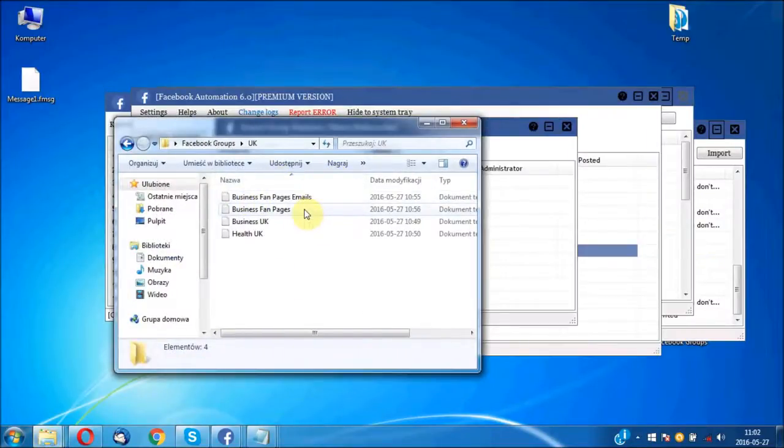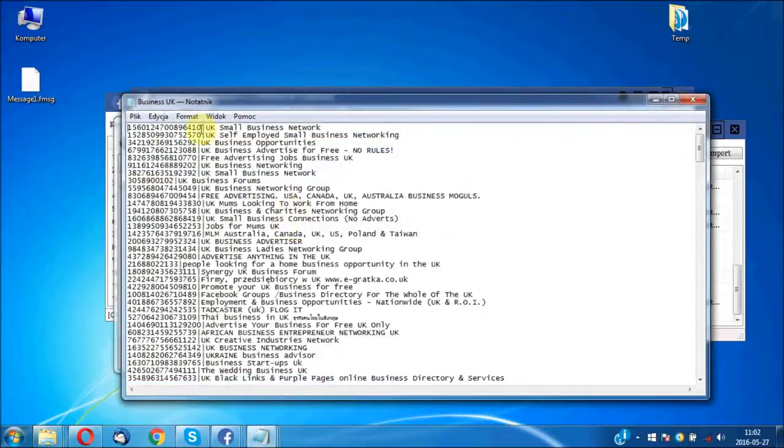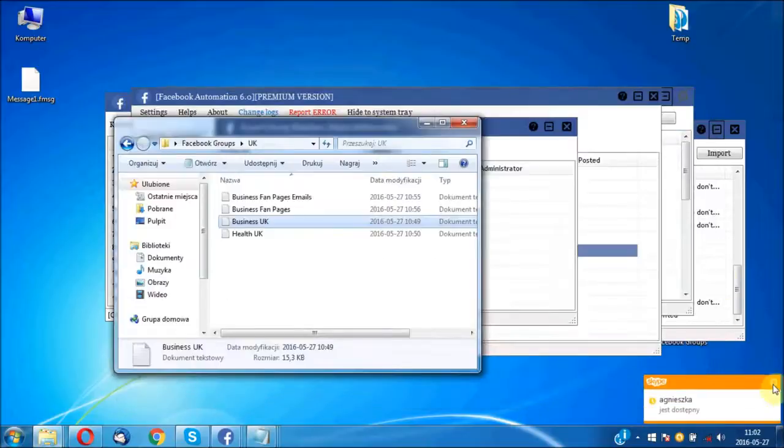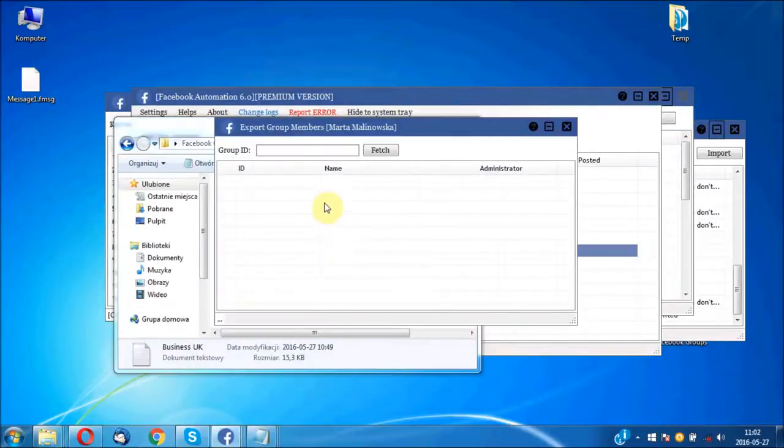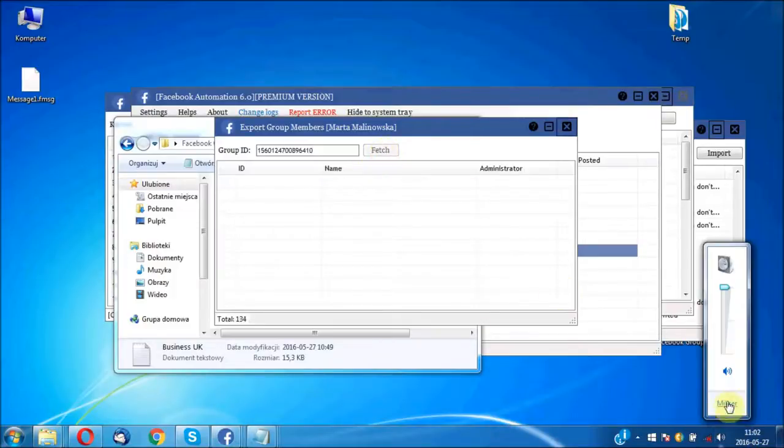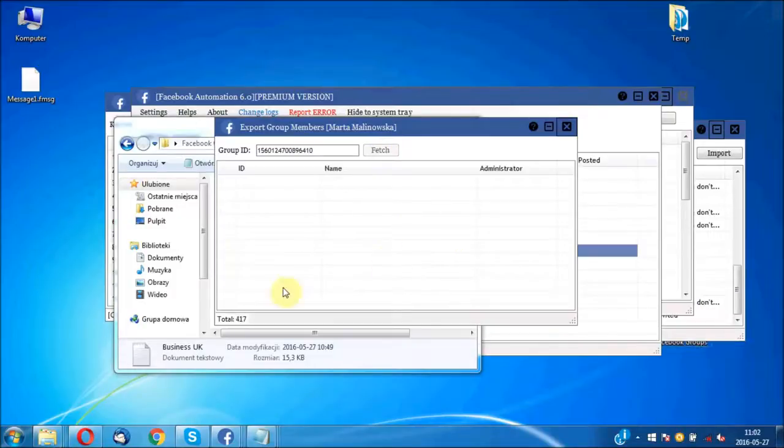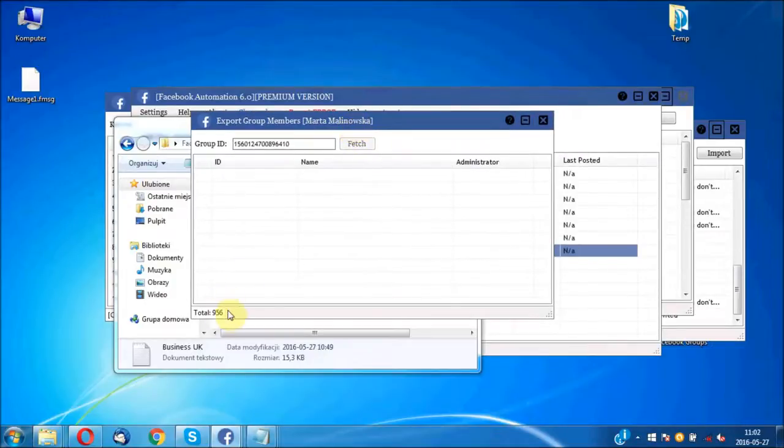We've got Business Fun Page, Business UK, and let's say Business UK, and we want to copy that ID of the group, and we want to actually fetch the list of the groups. And as you can see, there are several thousands of people in that group, but this software will